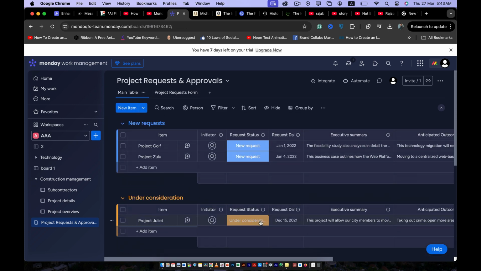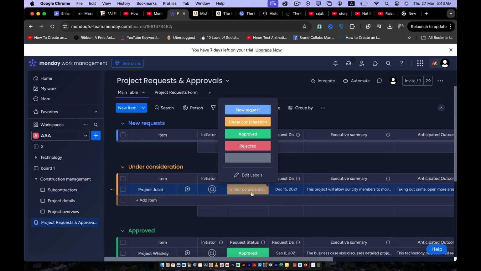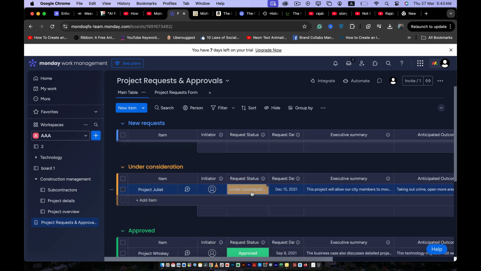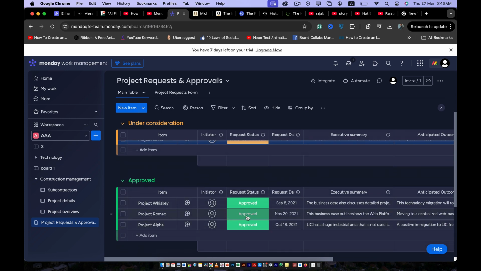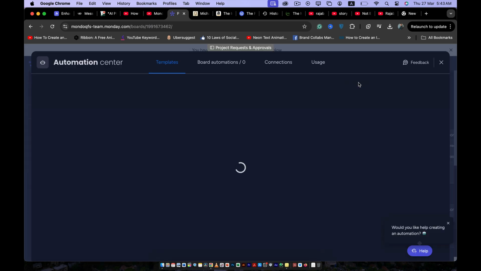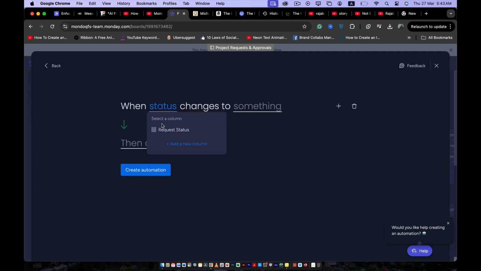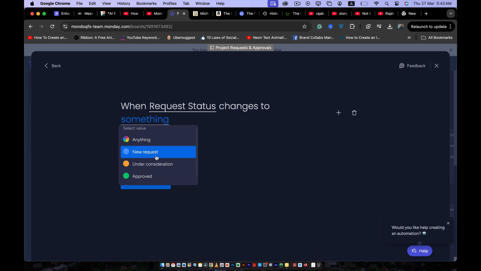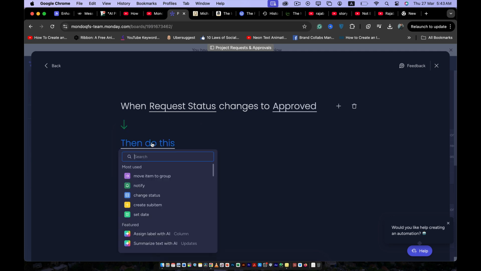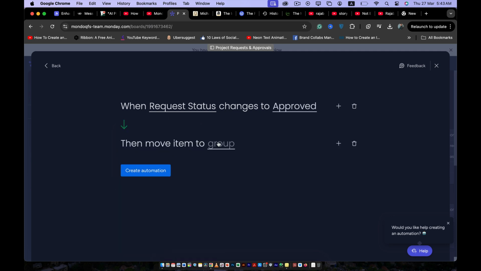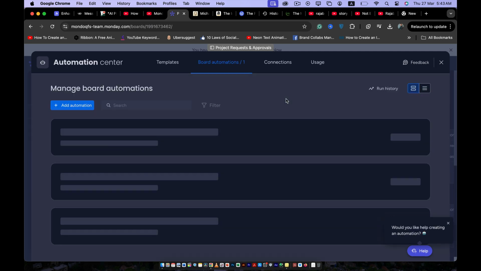And we can also use an automation that, whenever an under consideration request has been approved, it will automatically shift here to this approved section right here. We can easily do this with the help of automation and add a custom automation. And here we can write that, whenever status changes to approve, then move item to group approved. Here you go. We can create this automation, and this is going to make our life much more easier,